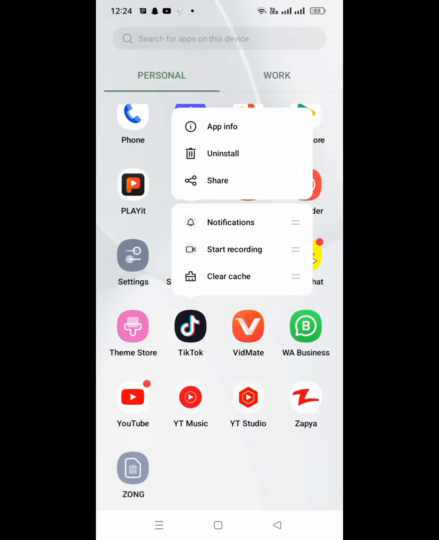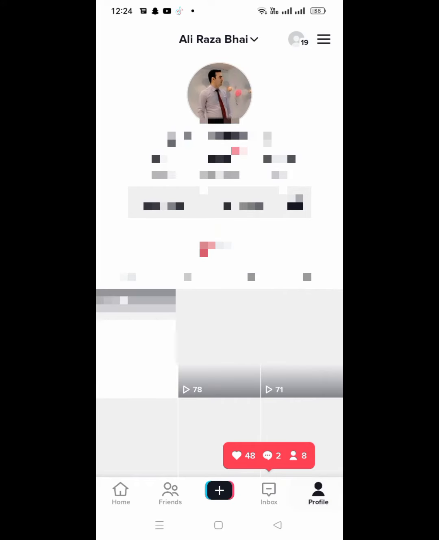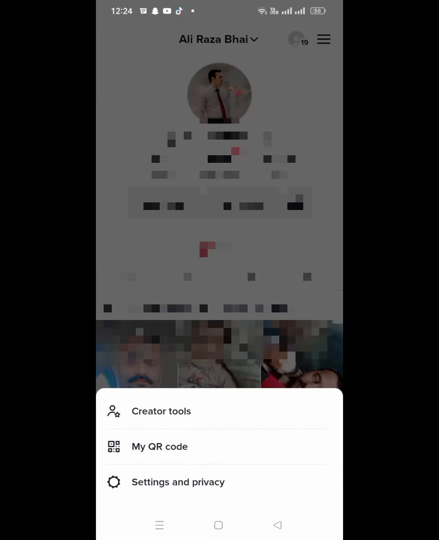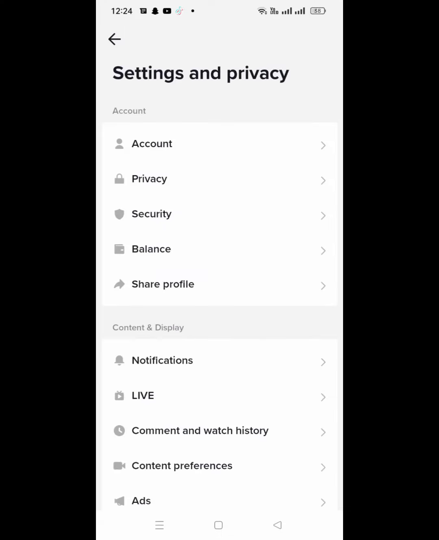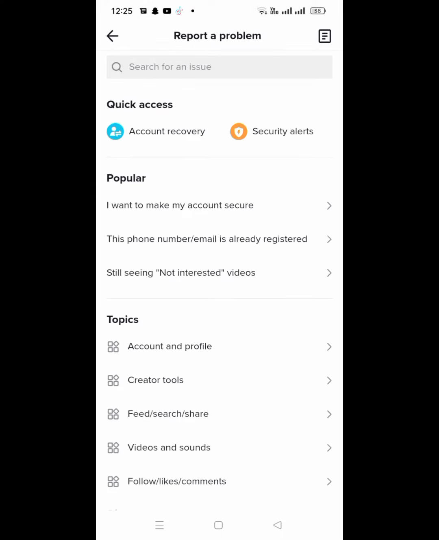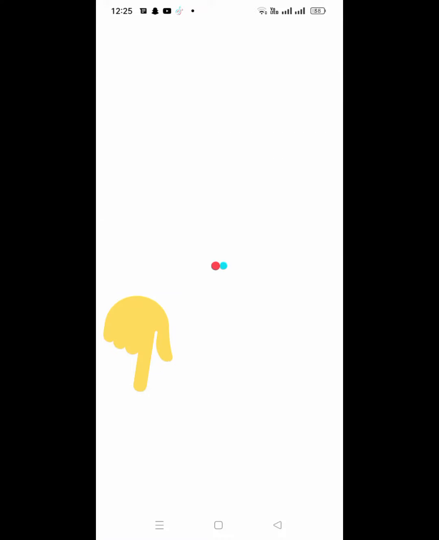If the problem is not fixed, then open your TikTok app, tap on the profile icon, and tap on the three lines and tap on settings and privacy, and after that scroll down and tap on report a problem, and from here scroll down and tap on follow, like and comments. Tap on this,